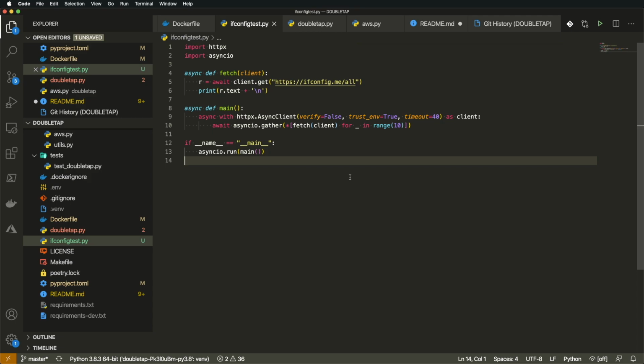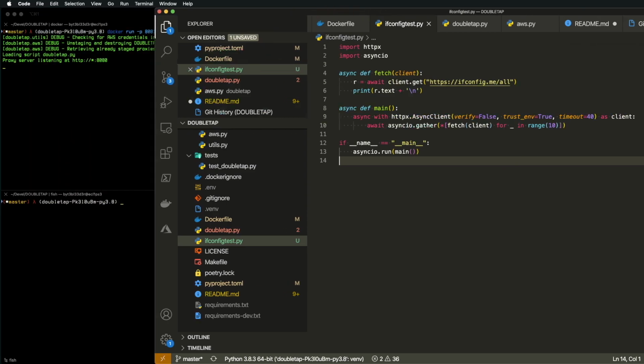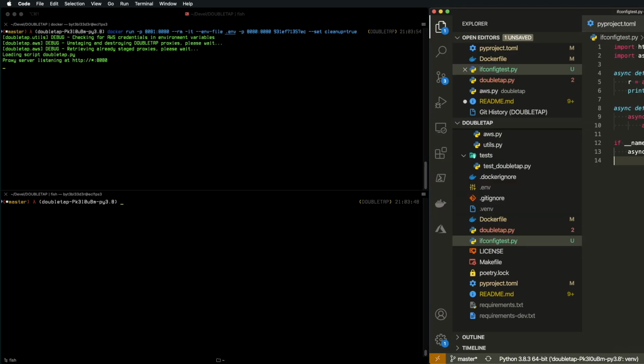So what that means is, say you have something like this, and what this is going to do is spin up 10 concurrent async IO background threads, right? And it's going to request the ifconfig.me service, so we're basically making 10 concurrent HTTP requests to that service, and we'll see how the proxy handles that. And you'll see that I'm jinxing it now, but it should work, especially since I just tried this before the demo. Okay, so in order to tell HTTPX, the library that I'm using to actually do the async HTTP requests,